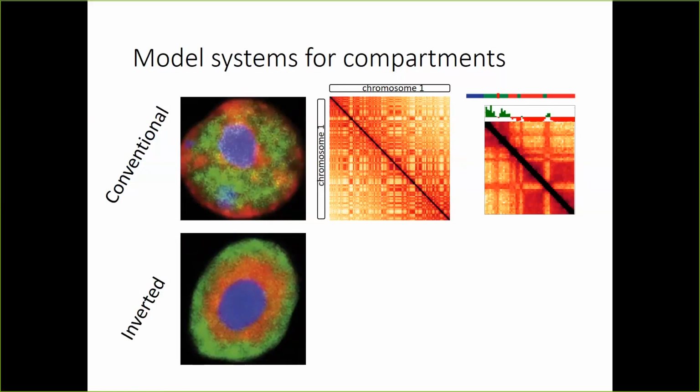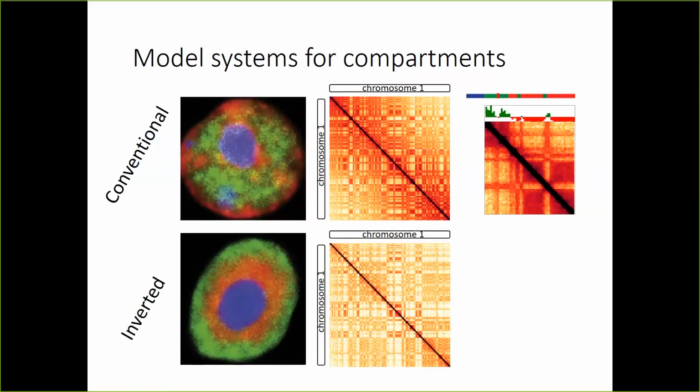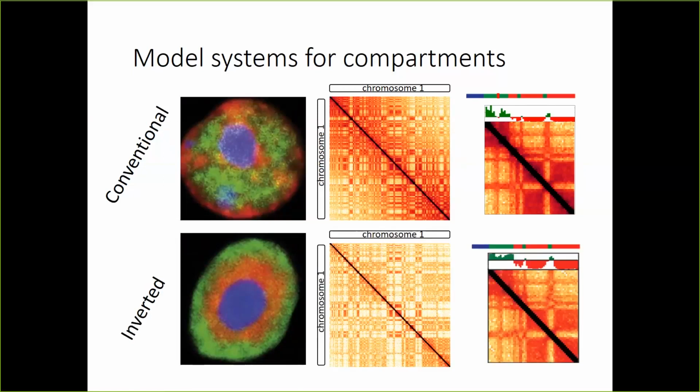And so you can also do Hi-C for this, and we'll be talking about this later in the talk. And you see that there is, again, this Hi-C version of a separation between active and inactive, and you see this checkerboard pattern. And what Irina has done to characterize this is that she's found that what takes you from a conventional organization to an inverted organization is the absence of a particular sort of tethering protein called LBR,